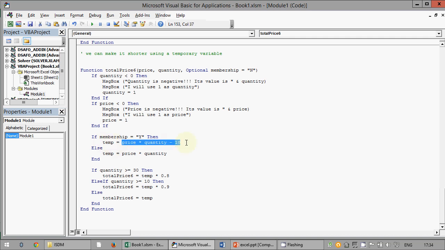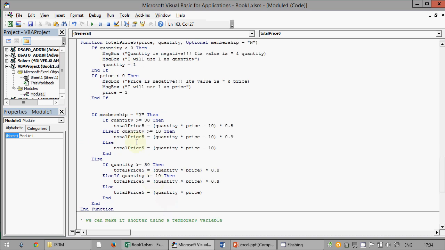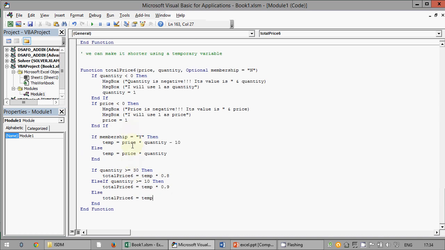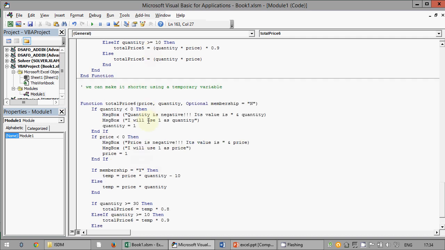You calculate first this thing here, you put it in a variable called temp. Here you don't know what temp is, but you have calculated it here correctly, and then you multiply it by 0.8 or by 0.9. So this example was to teach you that you are free to put any variable that you need. So if you need extra variable to store your temporary data for your calculation, you can use them, and sometimes it will even make your life easier. So this one is probably more comprehensible than this one.